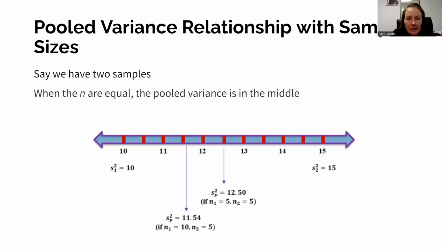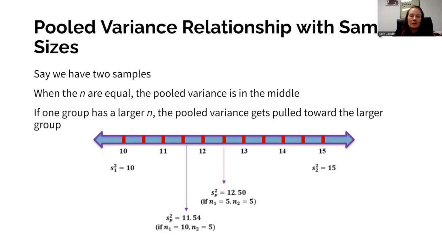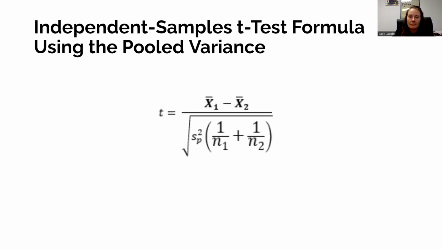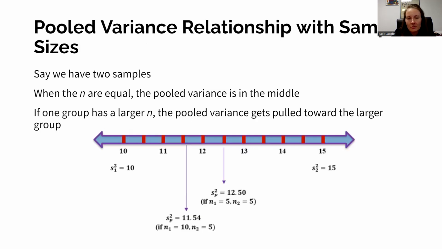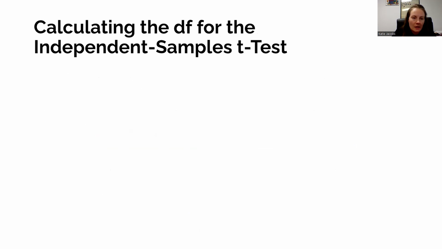Okay, so say we have two samples. When the sample sizes are equal for each group, the pooled variance is in the middle. If one group has a larger sample size, the pooled variance gets pulled toward the larger group. Okay, so if we actually look at this formula, if we go back to the other formula, what we're doing